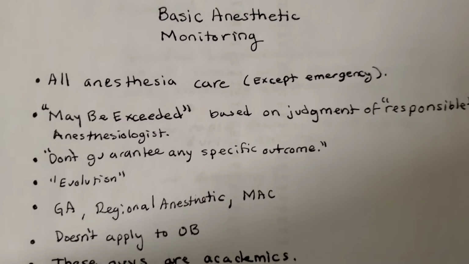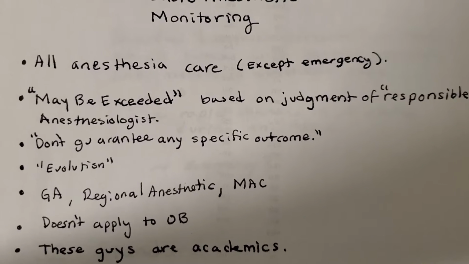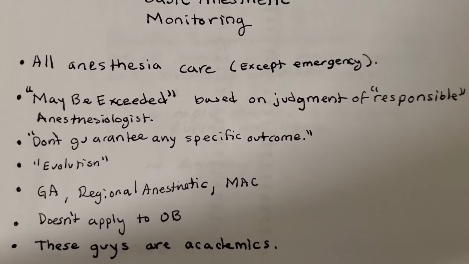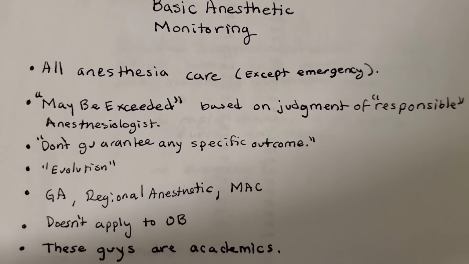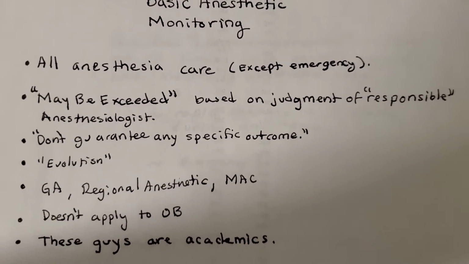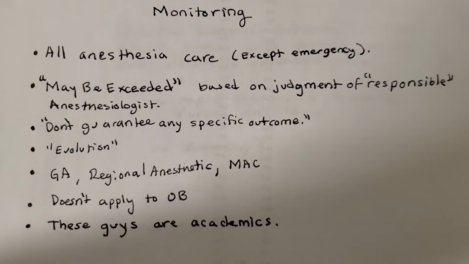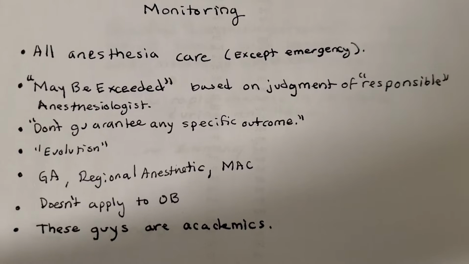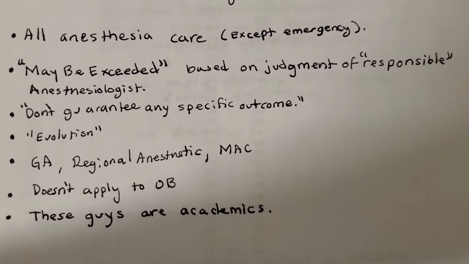Anytime you give anesthesia, except in emergencies, you should use standard ASA monitoring. That's what they want. Maybe exceed it, meaning if you want more monitoring, such as an arterial line, a central line, a pulmonary artery cath, brain oximetry, carotid stump pressure. There are many more monitors that you can use, EEG, evoked potentials. So there's a lot of monitoring that you can do that is not standard. These are what they want you to do.